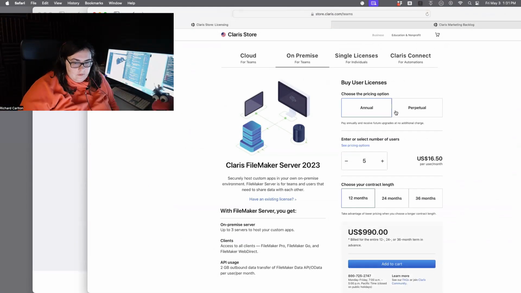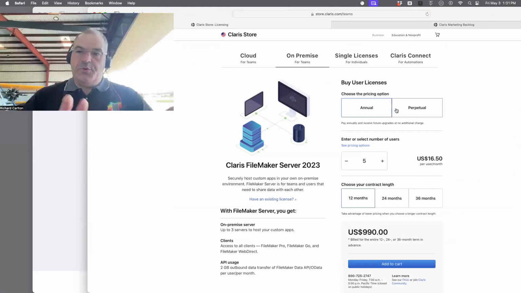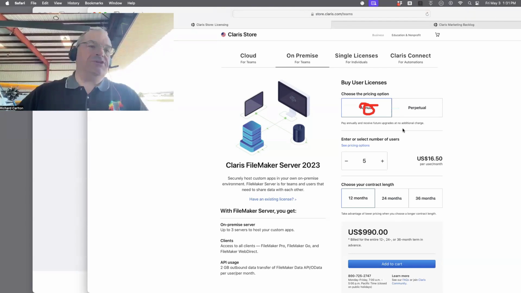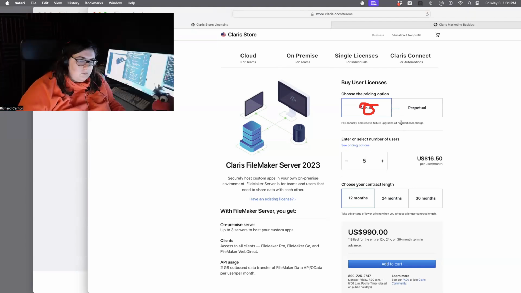So first we're going to choose on-premise because we want to use monkey bread. We don't want to have limitations on our tech. So then you can buy it on an annual. This should say the word on the where it says annual there in the little box. Let me see if I have my dry tool. Do I have my dry tool? Right here. That should say annual subscription is what that should say. It doesn't really say that, but that's what it should say.